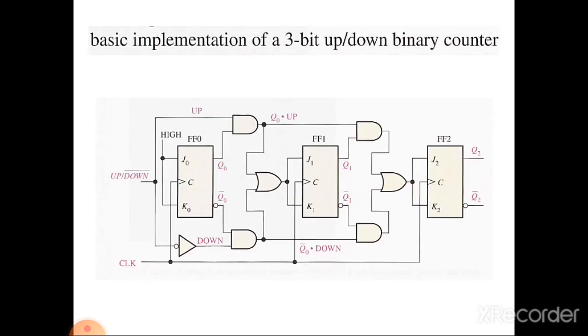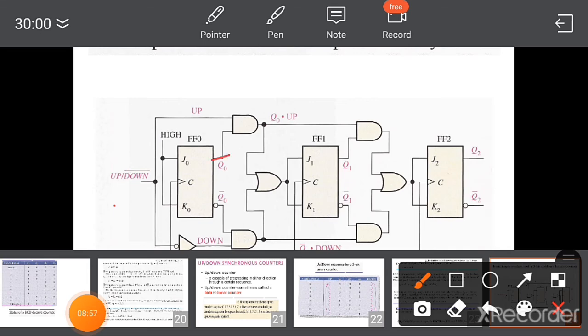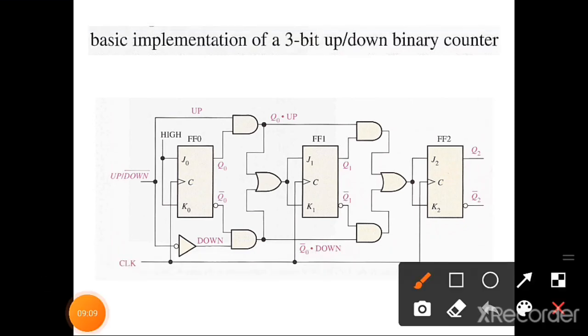So here it is Q0 up, connected to an AND gate, and that will be given to an OR gate, and it is given to J1.